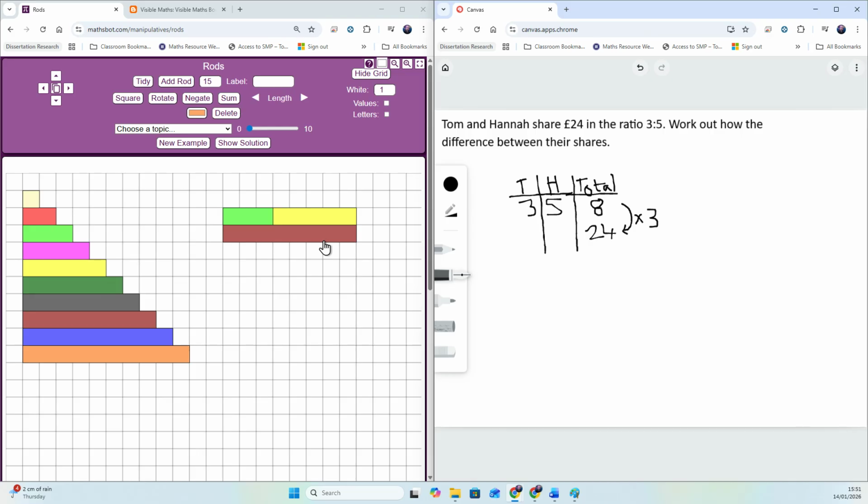length of the rod. So the value of the rod is 3 times bigger than the length of the rod, and that is how these values scale up in this scenario. But what we've also got, the key crucial relationships that I highlighted before, is that Hannah's share is always 5/8 of the total, reinforcing that fractional